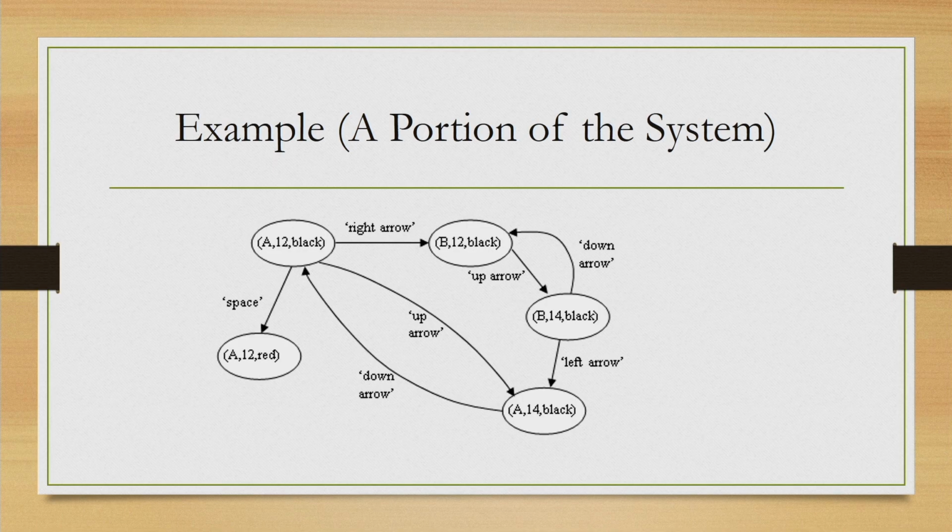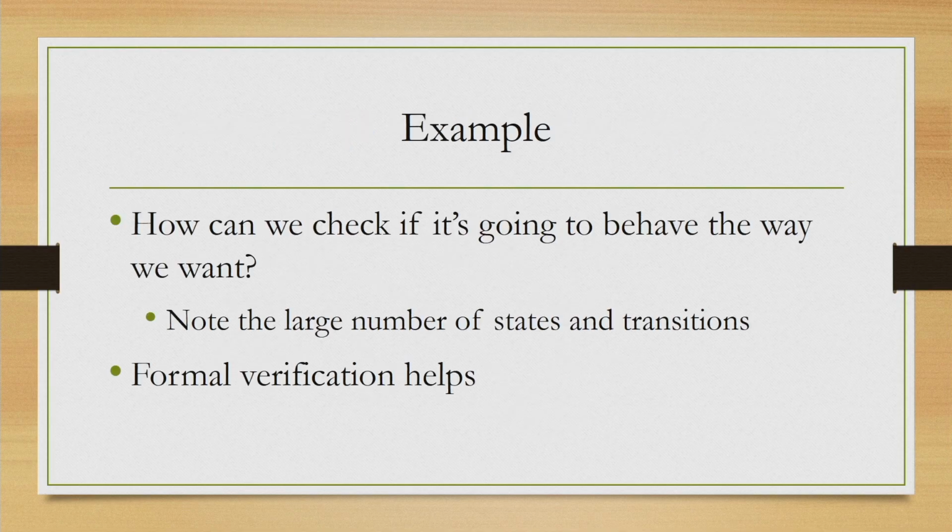So, the entire thing is not possible to be shown on a limited display area, but just to give you some idea, we are showing you a portion of it. In this portion only 5 states are listed and 7 state transitions are shown. So, as you can see, the arrows are state transitions and the ovals are the states. Each state is labeled with the values of the state variables and the transitions are labeled with the particular action that took place. So, what can we do with this representation?